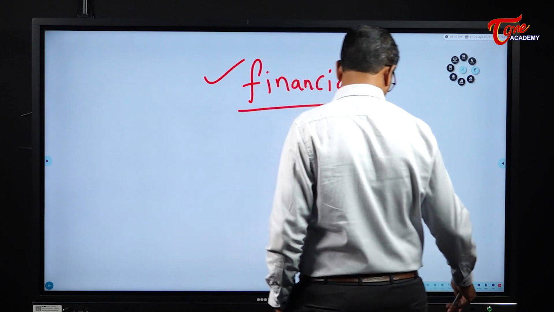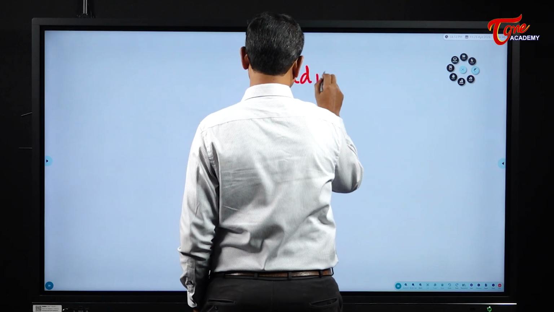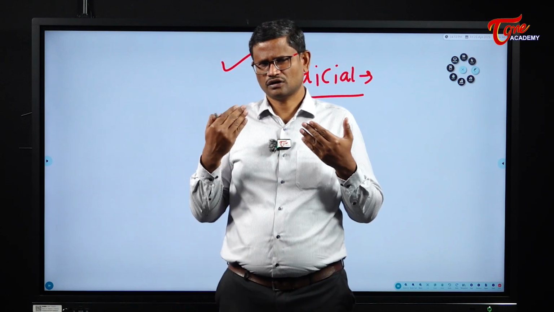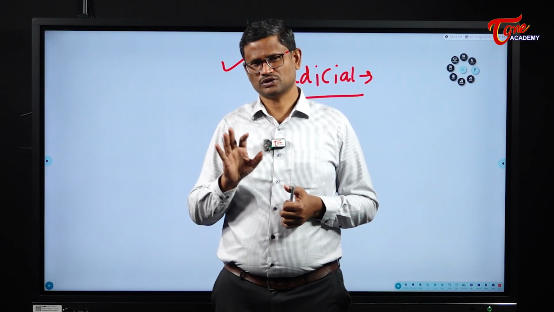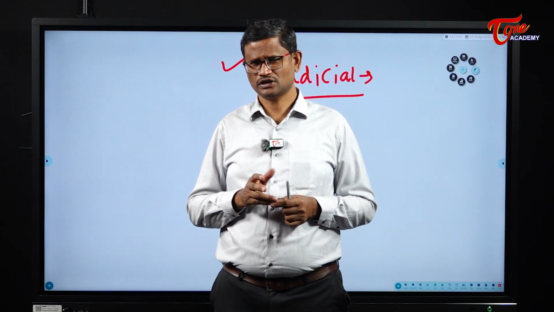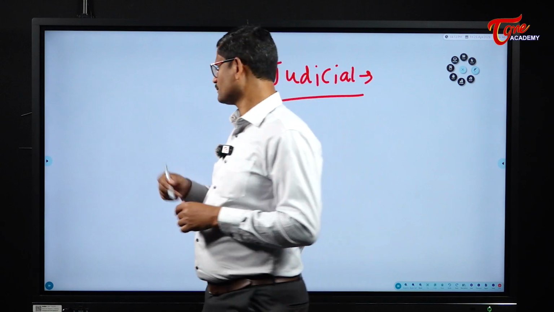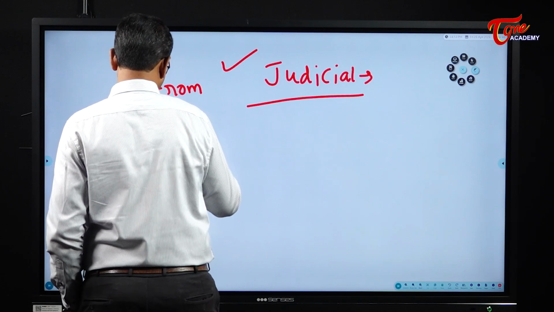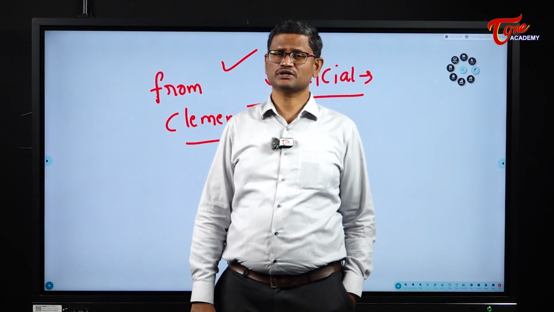Then we have one more category of powers called judicial powers. It is possible that when the courts decide on the punishments, the courts may make a mistake. If any innocent person gets punished by the courts despite innocence, as a last measure of resort, he can seek clemency from the President. He can apply for clemency with the President of India.